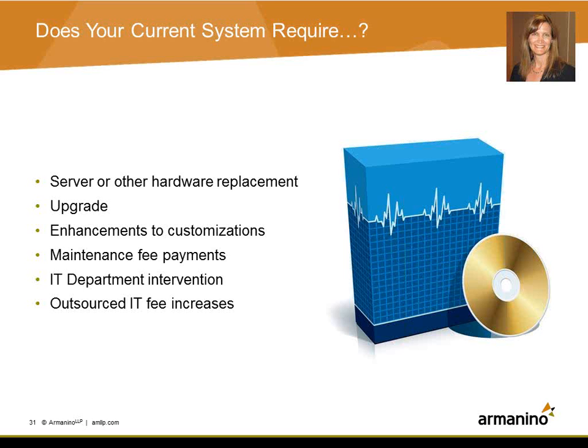Another consideration might be an upgrade. So Y2K was a big time for people to get new ERP systems, and that's about 13 years ago. And we find that anywhere between 10 and 15 years is when people sunset their ERP system and go for a new one. In between that time period, they may upgrade about every 2 to 4 years into the most current version of the software they're on. But as you're getting ready for another upgrade of your clunky ERP system that you've had for 13 years, are you going to upgrade or are you going to look to replace? So that's another